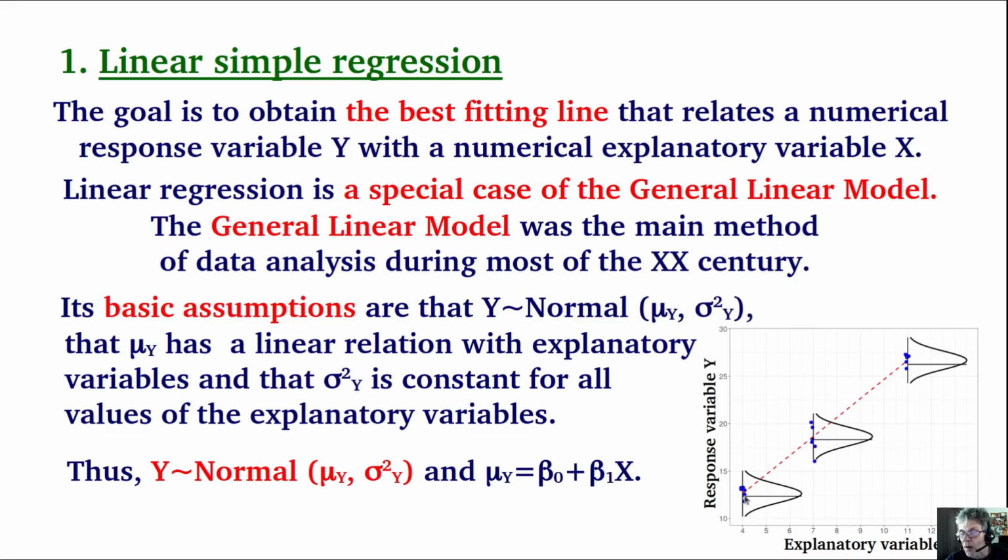The mean of the response variable changes in a continuous manner with the value of the explanatory variable, being small for this one, medium for that one, and large for this other. You see that in all cases the scatter around the mean is assumed to be the same